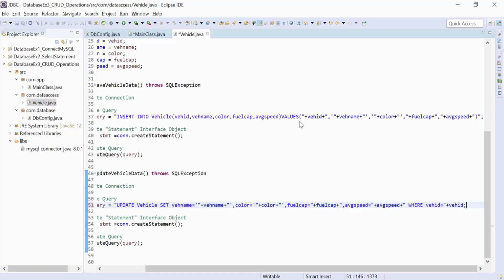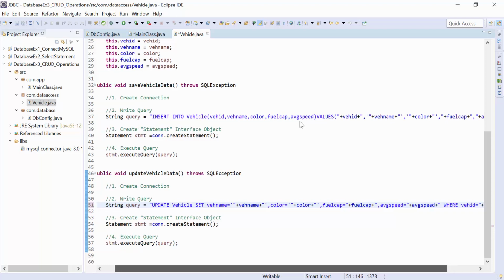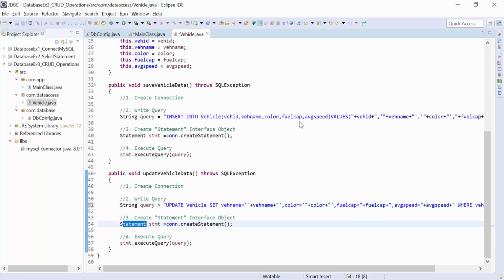Okay, so this is the query. Now to perform the update operation you have to write the same statement object and execute the query. So the 2 functions are complete.